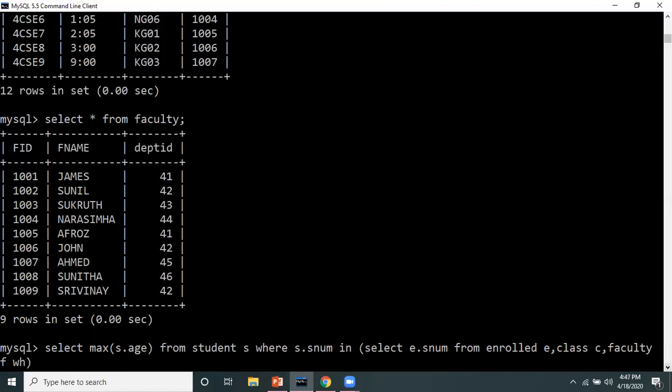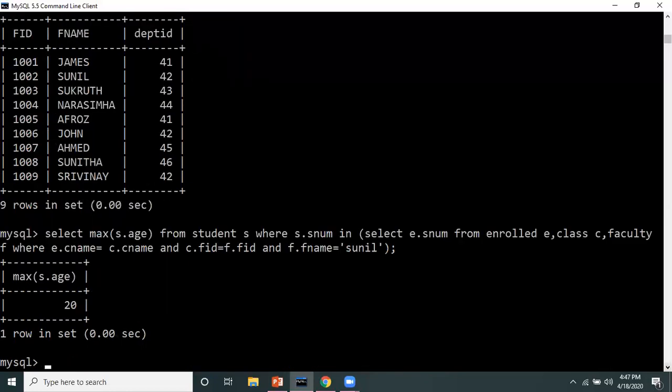Now here we will give the condition. So where e dot C name is equals to C dot C name and C dot FID is equals to F dot FID, and finally F dot F name is equals to, and we want Professor Sunil. So here I'm writing Sunil.